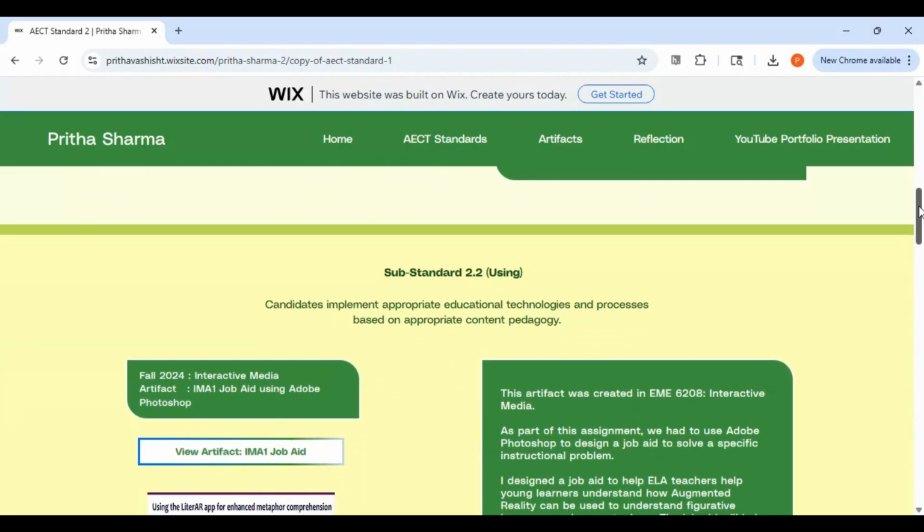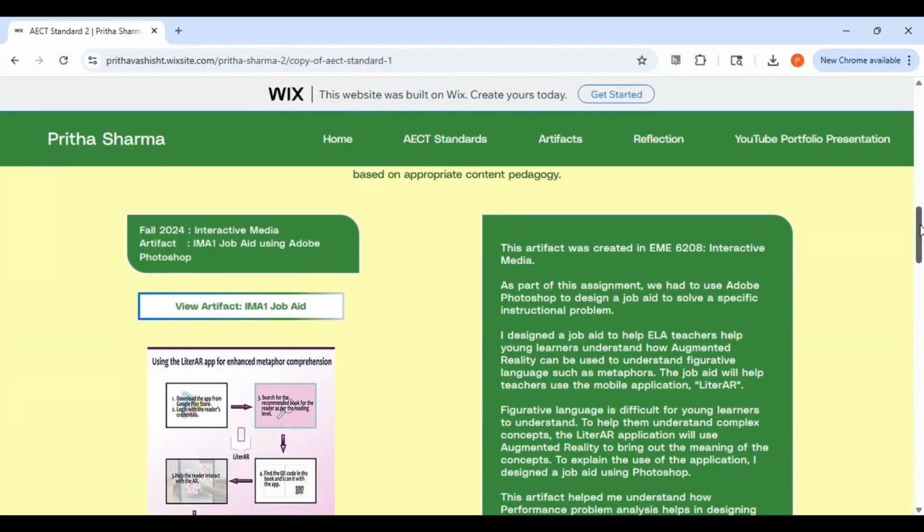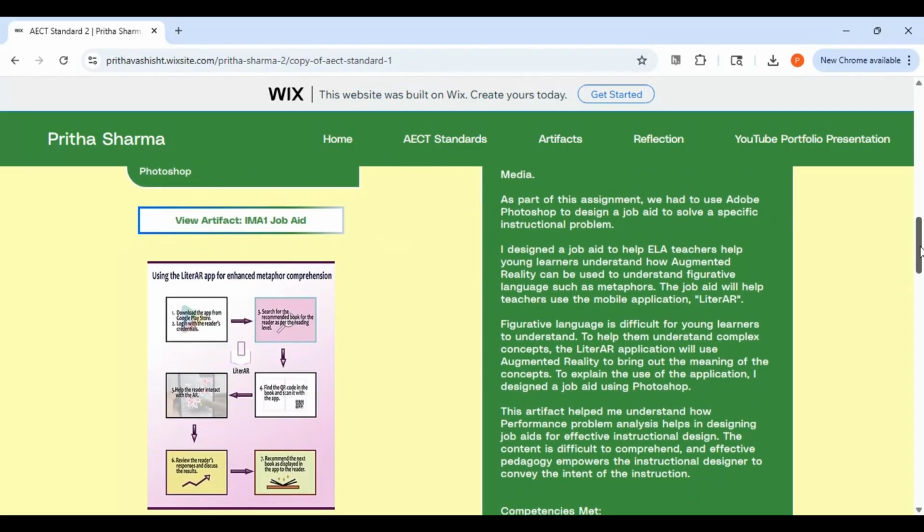For Substandard 2.2 Using, I designed a job aid using Adobe Photoshop. You can view the job aid by clicking on the link. This is for the course EME 6208 Interactive Media. As I had already discussed, I was fascinated by how augmented reality can be used in the classroom to understand